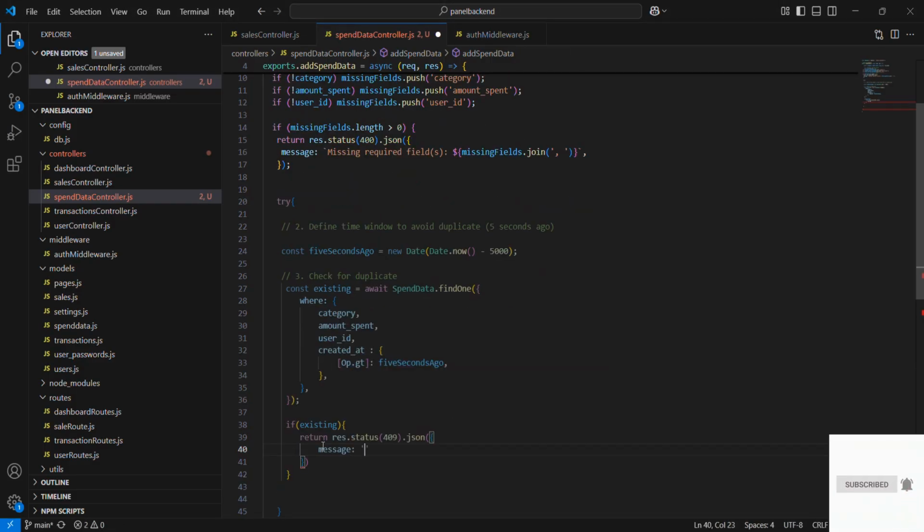If it does, we return a 409 conflict response: "Duplicate entry detected. Please wait a moment before submitting again." And that's how we avoid duplicate entries caused by accidental double clicks or quick repeated API calls.